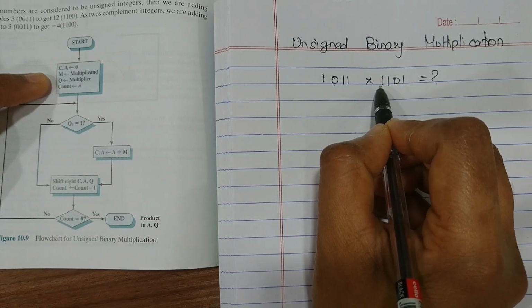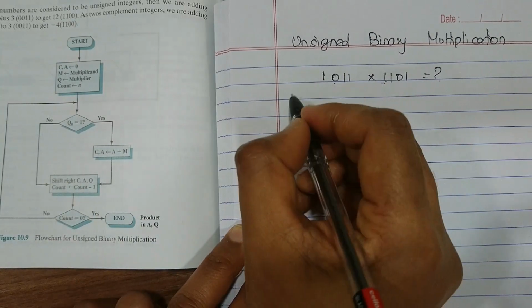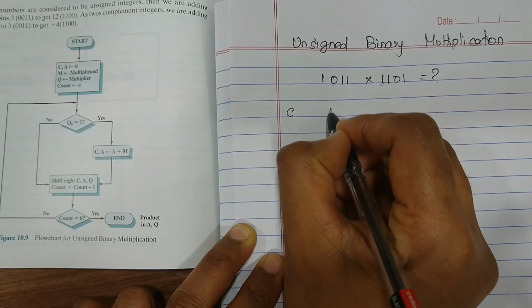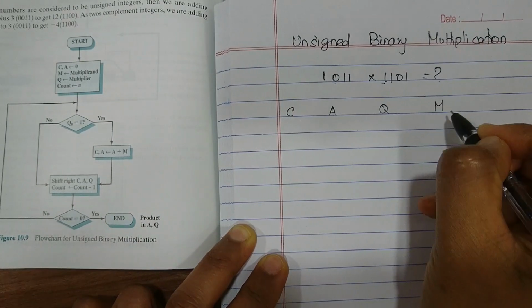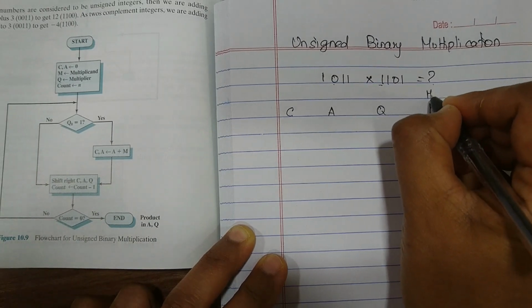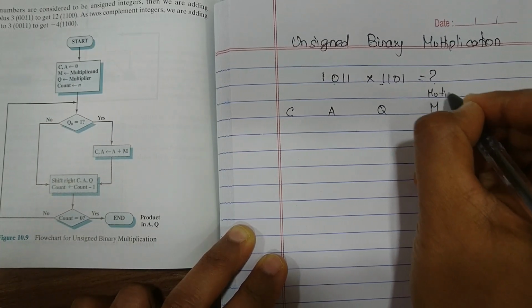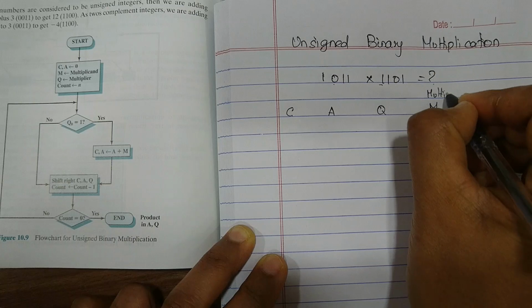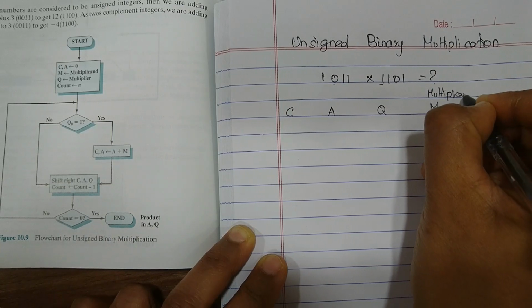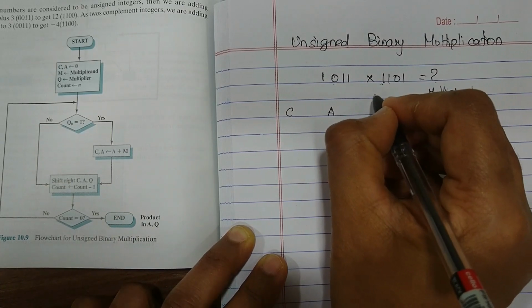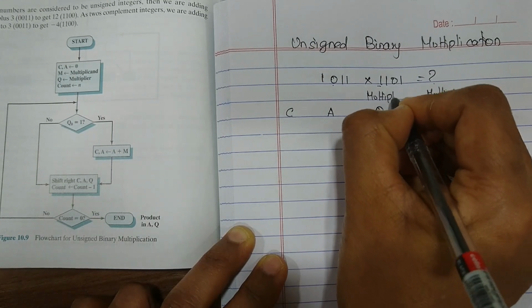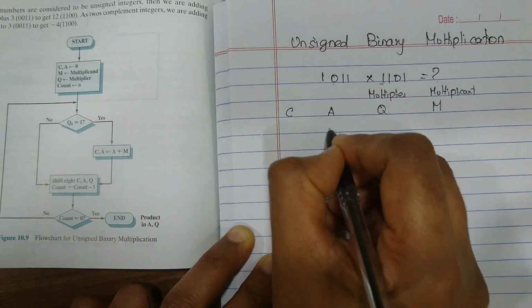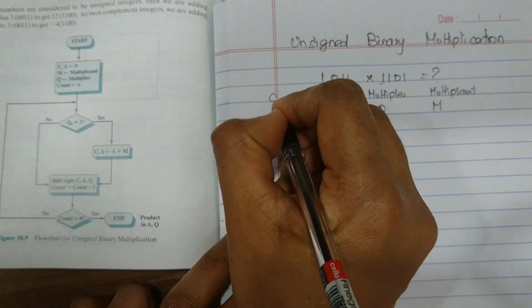As per the algorithm, we will be using certain registers, which are C, A, Q and M. So M is going to contain the value of multiplicand, and Q will initially contain the value of multiplier, and A will have a value 0